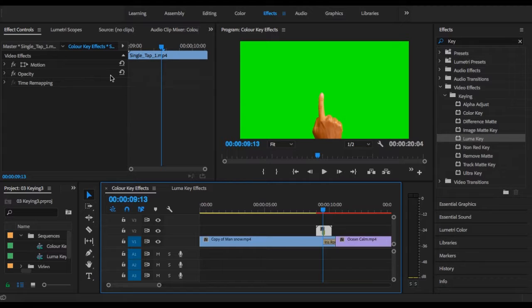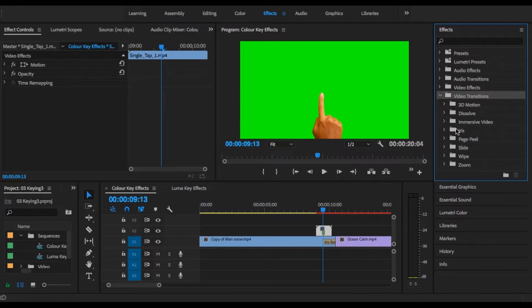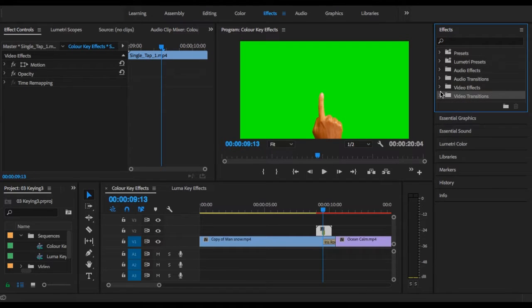Now you will click on the effects controls panel in the source monitor, and then go to the effects panel on the right hand side and type in the word color key effect. If this doesn't work, you can go into the video effects and scroll down,